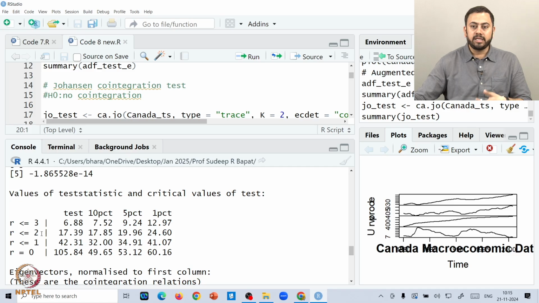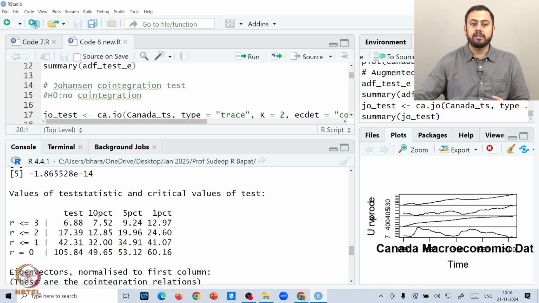Now, once you accept the null hypothesis or fail to reject the null at any level, there is no point of going beyond that. Okay, make sense? So, from this one can actually conclude that r is bigger than 1, but less than or equal to 2. Again, just to summarize, r is bigger than 1, but less than or equal to 2, and why exactly? Because we stopped at this level.